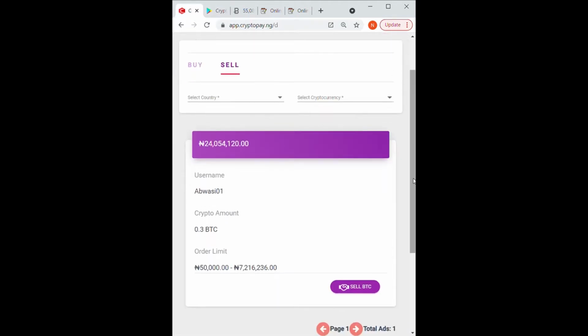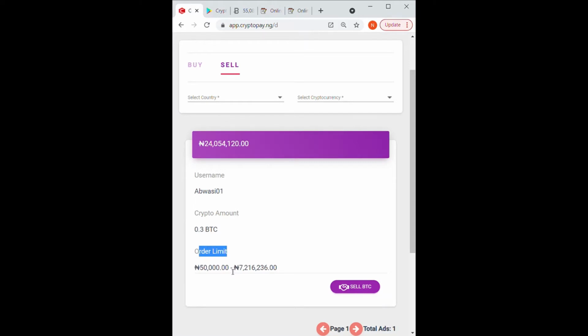So first, this is an example of an advert, and this is the rate, which I'll be explaining later. And this is the username. This is the crypto amount. It simply means that this trader is willing to buy up to 0.3 Bitcoin, and the other limit is